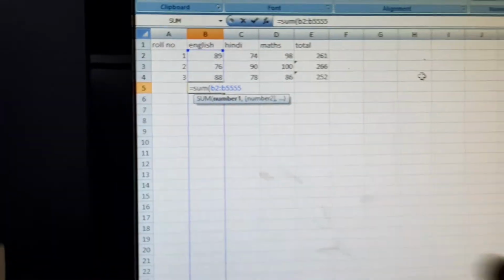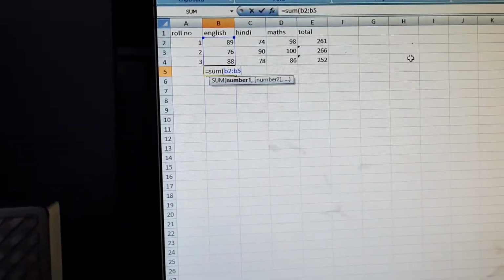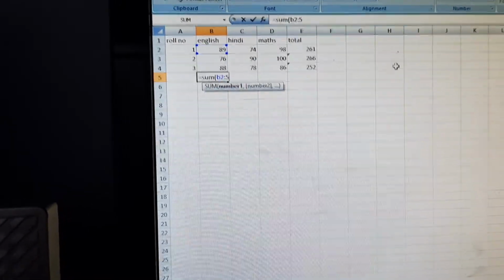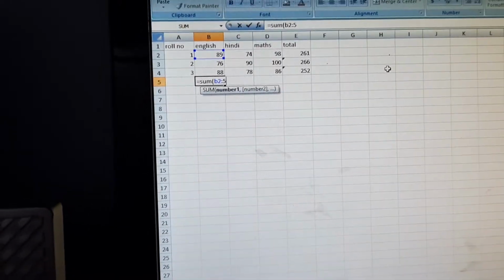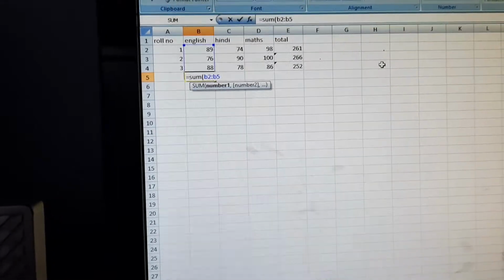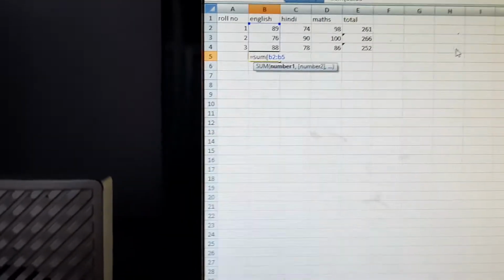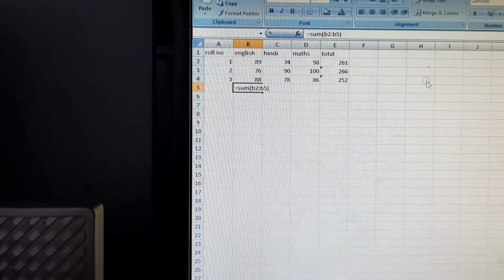See, I've written here. It is selected, the whole box is selected. Just close the parenthesis and enter.